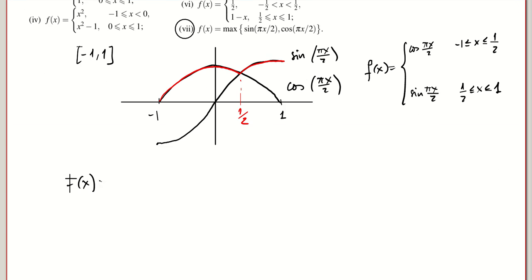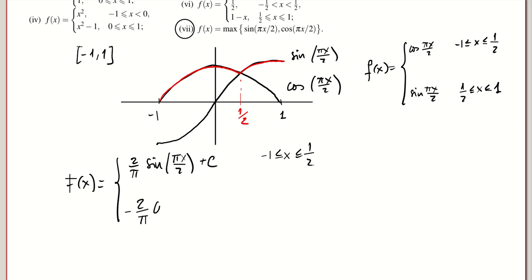Capital F will be the primitive of the cosine, which is the sine, but there's a pi half, so we have 2 over pi, the sine of pi x divided by 2, plus a constant, right? Here the primitive of the sine is minus the cosine, so it's minus 2 over pi cosine of pi x over 2 plus c prime, and here we have